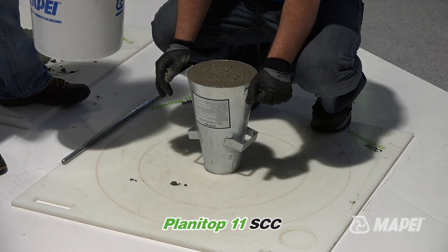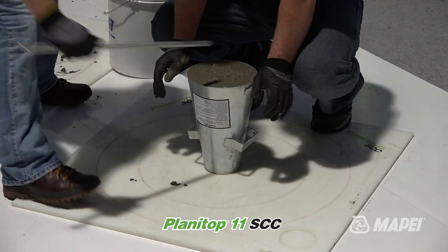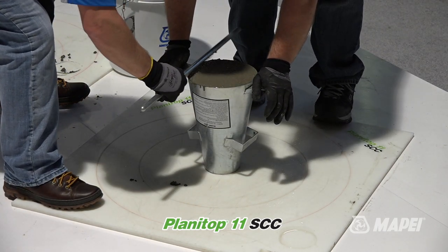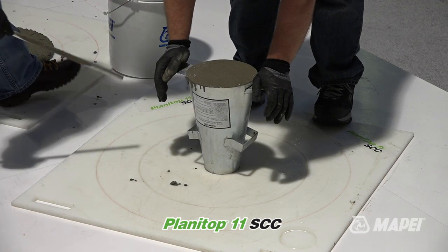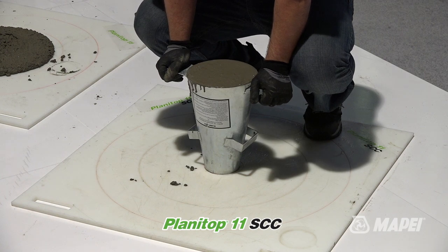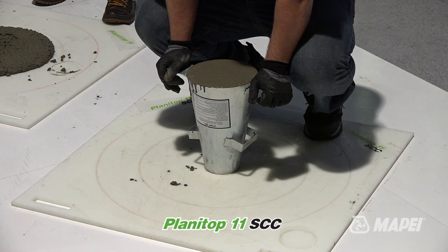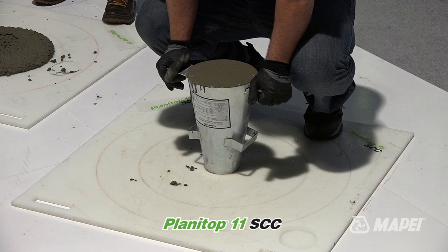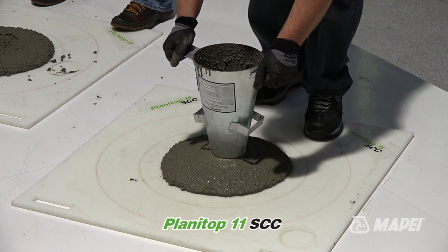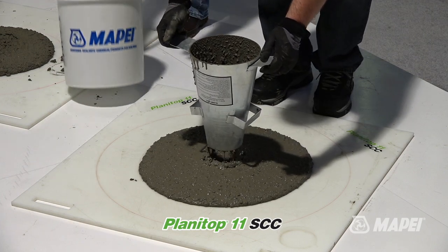You shouldn't have to rot an SCC. By the way, SCC again means self-consolidating concrete, and it's a structural repair mortar. That means when you look at the physical properties of that product on its technical data sheet, you will see the modulus of elasticity, you go ahead and pull it, the modulus of elasticity, and all of the various